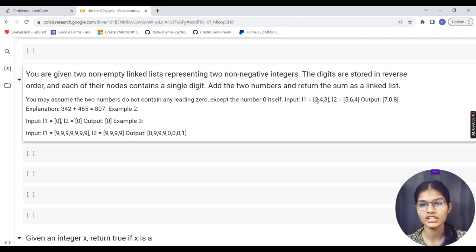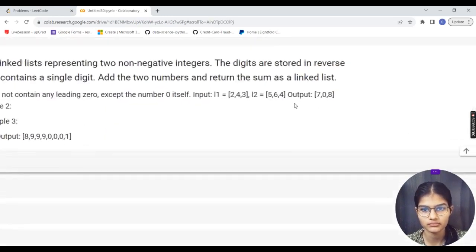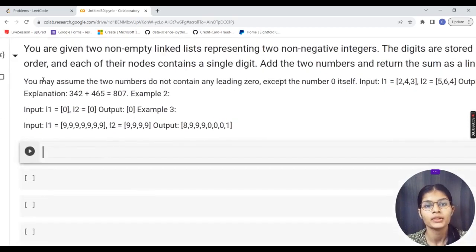See, adding 2 plus 5 results in 7. Okay, in the same manner, here this 4 plus 6 is resulting in 0. But what is happening? 1 is going and getting added to the next position. It is only representing me 0. Now 4 plus 3 is 7, but I had 1 left over there. So that is my 8. So here it has resulted in 8. I'll give you one other example too. I hope you are clear with that.